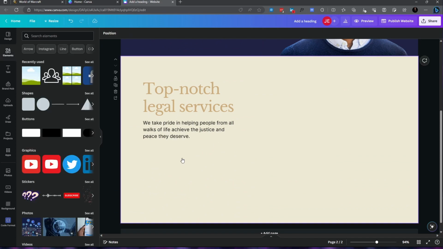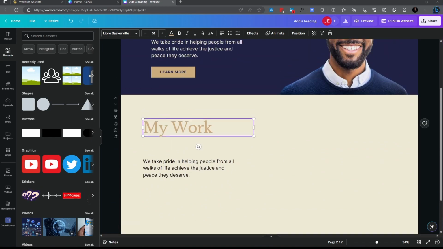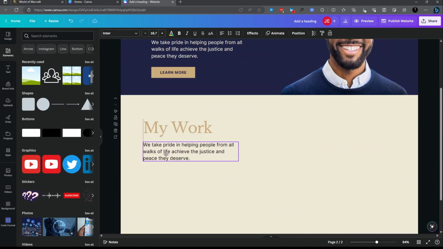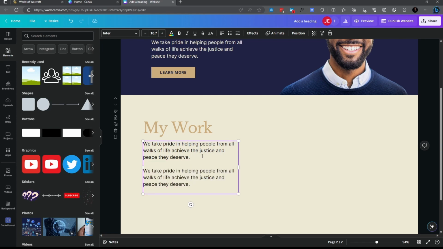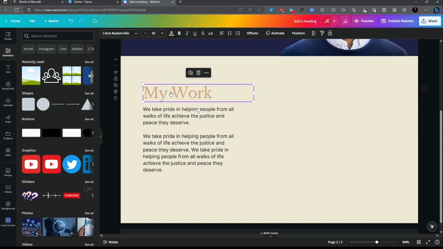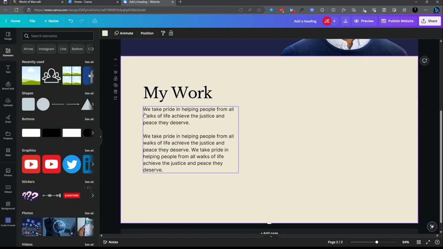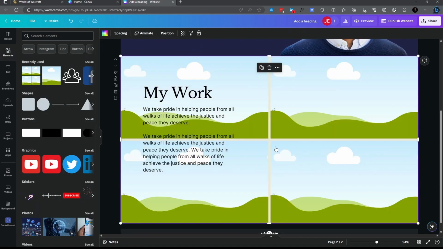So I'm going to delete this one. And what do you want to write here? My work here. All right, and then I want to add more paragraphs here. It doesn't matter, but just for adding sake, you can add more paragraphs here. Let's change this to black as well. Make it bold if you want, but it's fine this way. And on this side, we can add a grid